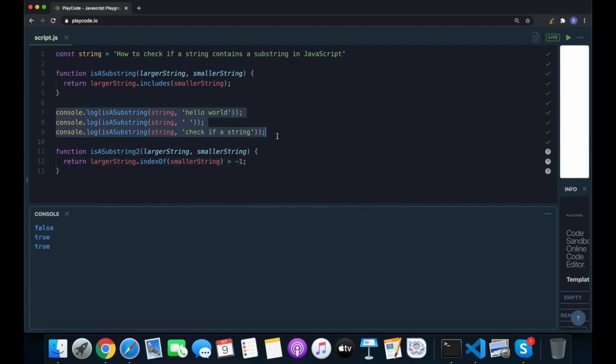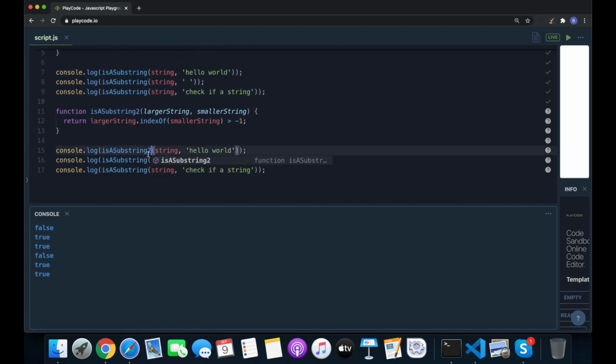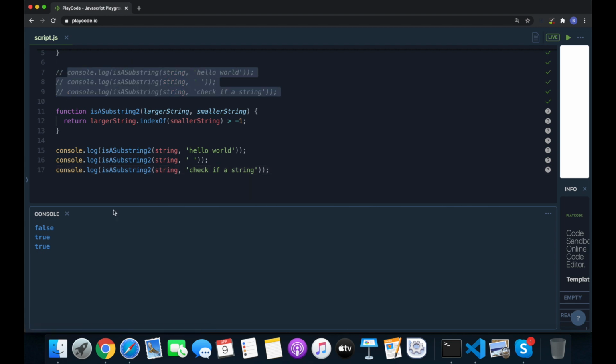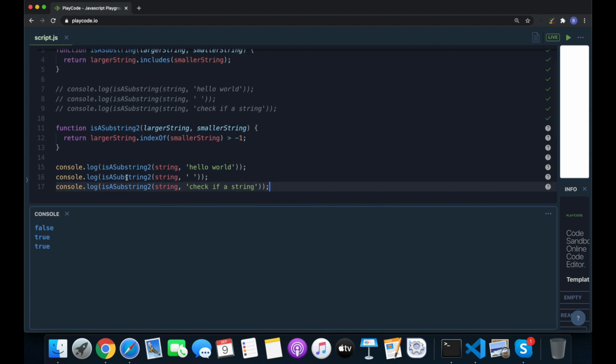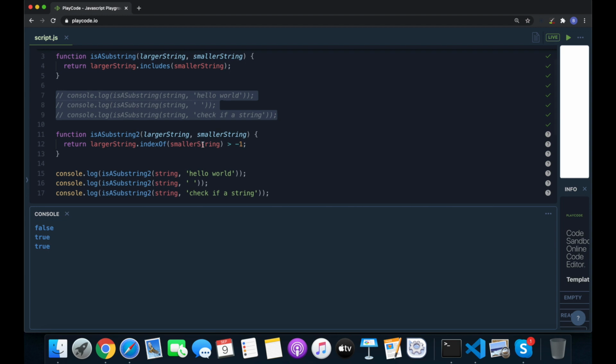We'll copy this, pass isSubstring2 for each call, and comment out the earlier one. Yes, if you see, it prints the same true and false as our earlier console.log output.